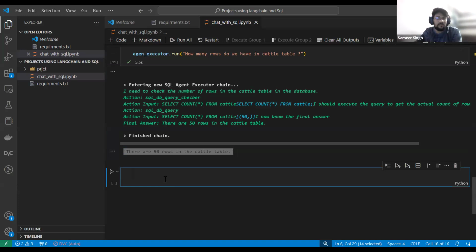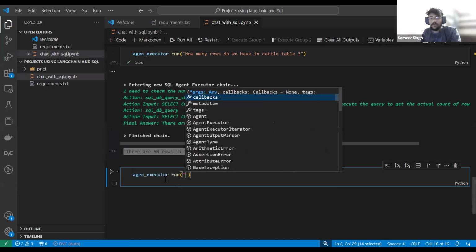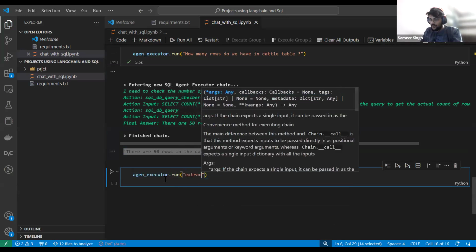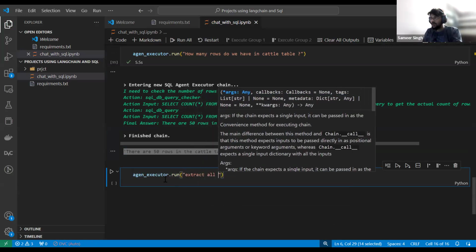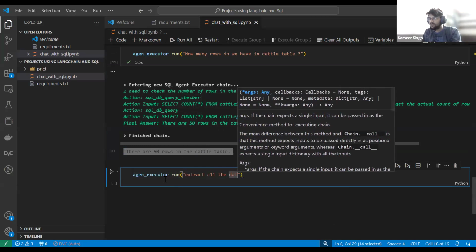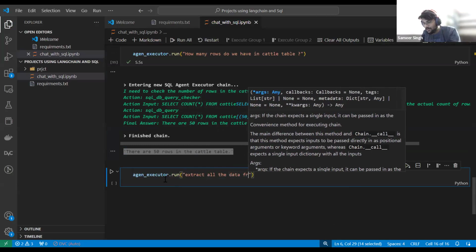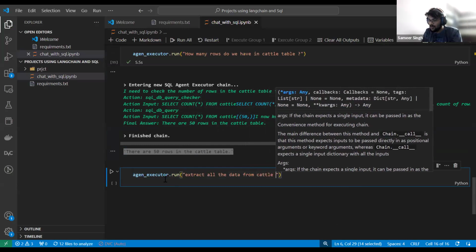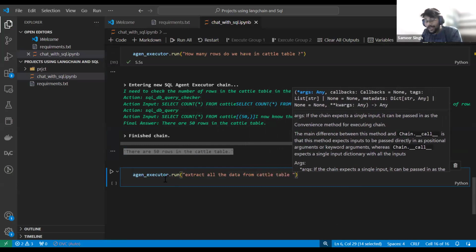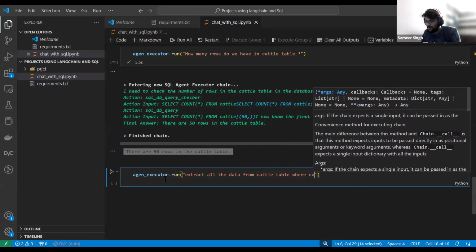Now let's ask some more, slightly difficult questions, right? Now I'll say agent.executor.run. I'll say extract all the data from the cattle table where animal color is black.